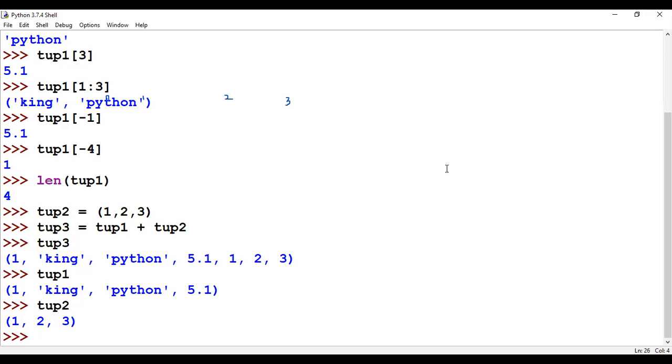So that is with respect to tuples. You're actually making the storage efficient by avoiding unwanted access to their data structure. If you are making the elements unchangeable, then not much processing will take place unnecessarily, so that your storage will become efficient, right? That is the main aim of tuples. If you don't modify the elements for a large amount of time, then you can go with tuples, right? So this is with respect to tuple.